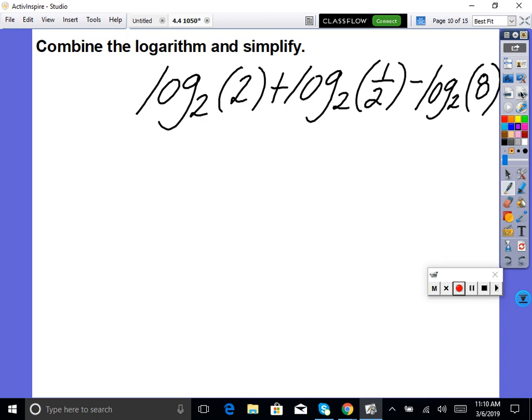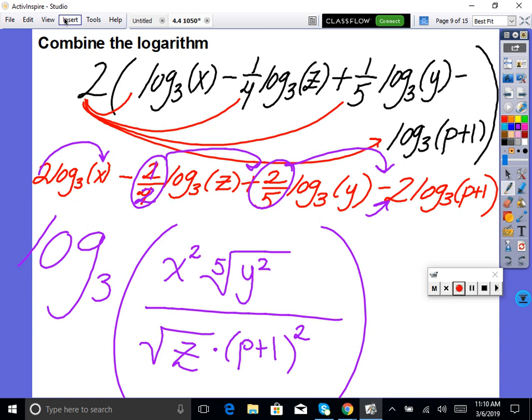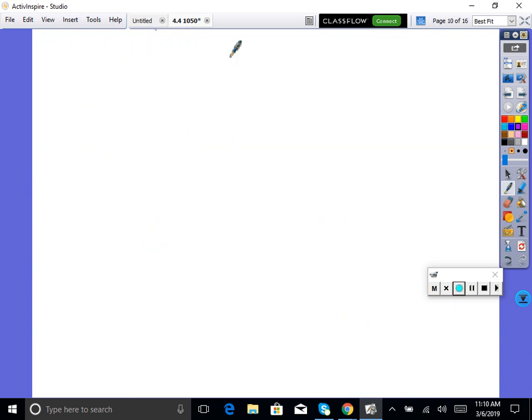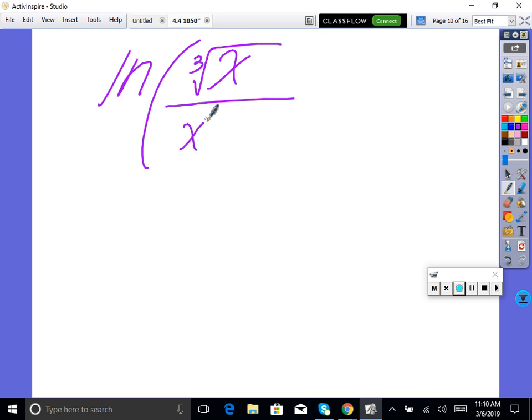Okay, another one by, wait. Okay, never mind. I'm going to hurry and throw in a wrench because we saw something on the homework that I had not thought about. And I am going to hurry and quickly insert page. Okay, this is actually a really good one. I love it, actually, but I just didn't even think about it. So if we have ln of, let's say, x, the cube root of x divided by x squared minus 2x